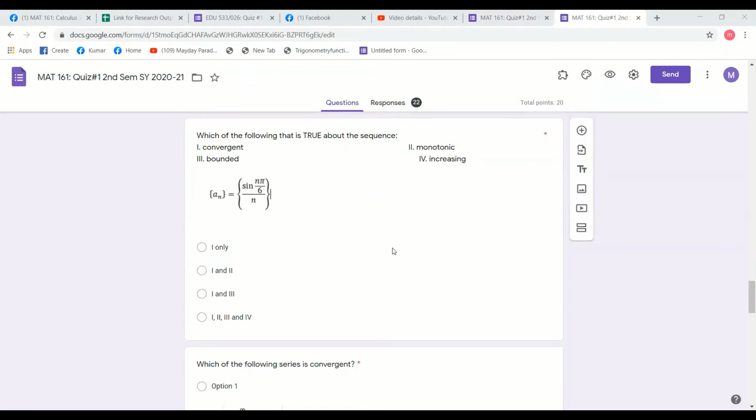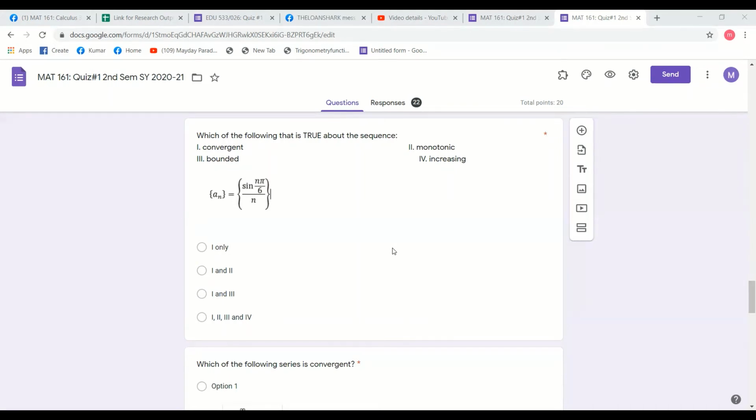Okay, number 2. Which of the following is true about the sequence? Is it convergent? Does it converge? If we try to evaluate the limit, it is approaching 0. The maximum and minimum value of sine pi over x is between 0